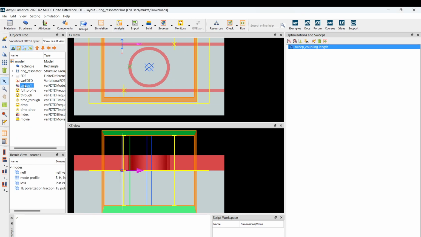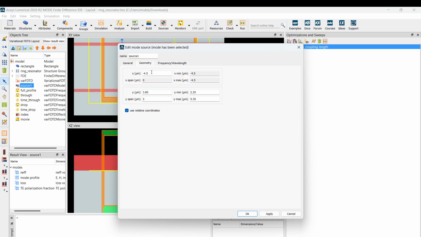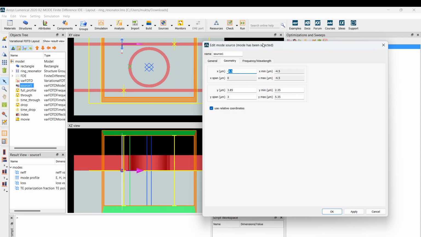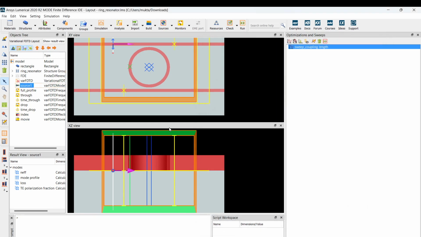So the source, I'll move: edit object, x is minus 4.5 right now. We make it minus 6. Drop will also be minus 6.